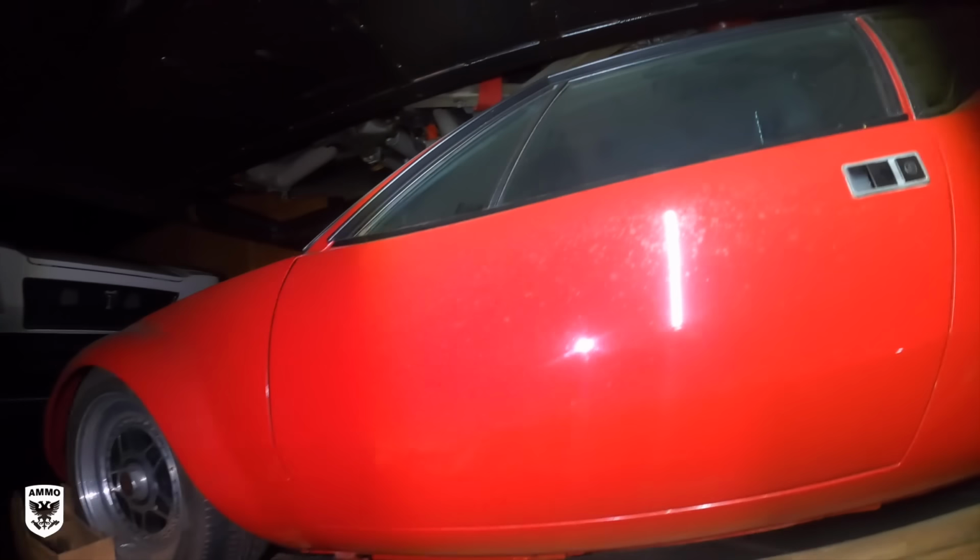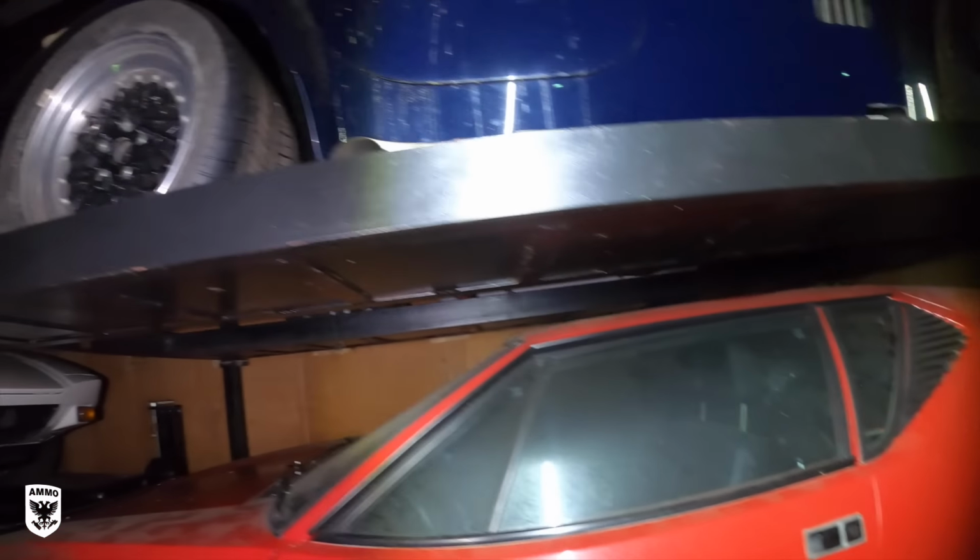Okay, so here's the backstory. Four or five years ago, a buddy of mine called me and said, hey, there's a secret collection down here. You got to find a way to get in. It never ended up working out. Now, fast forward to about four or five weeks ago, the owner of that very collection reached out and said,